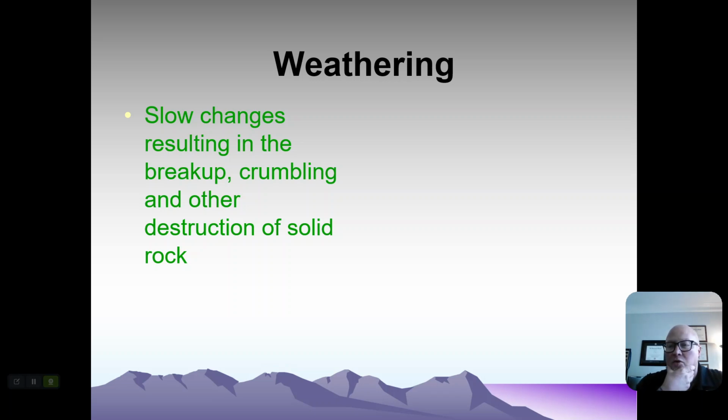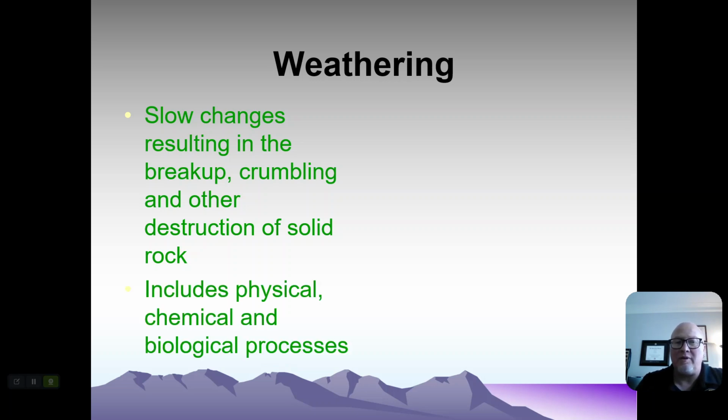All right, so another Earth process is something called weathering. We often hear weathering and erosion together. Well, they often do happen together. Weathering is what happens when materials are broken down. So they break up, they crumble, and they are destroyed, and solid rock becomes smaller rock. These could be physical processes, which is rocks crashing up against one another. It could be water freezing inside the rock and cracking it, or it could be a chemical process